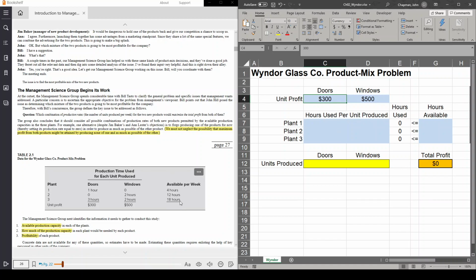Available per week. Let's look at hours available per week. Now, notice this is grouped by plant. So plant 1 has 4 hours available for a week. So plant 1 cannot commit more than 4 hours to make either the door or the windows. So we're going to put 4 as a limit to the number of hours that plant 1 has available. That's where we're going to put in the model, 4. Plant 2 has 12 hours available. Plant 3 has 18 hours available